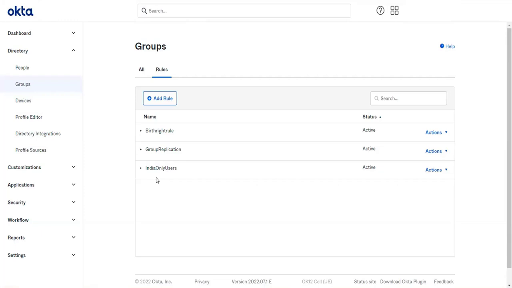So whenever you are working on this group rule, make sure you have it tested properly, have it verified properly, before the data is collided. For example, you are trying to update a rule saying that the users contain Aadhaar card number as 11 digits or 12 digits. If there is something like the Aadhaar card number has been reduced to 8 digits, then that rule will not work. But those users will also be added to that group.